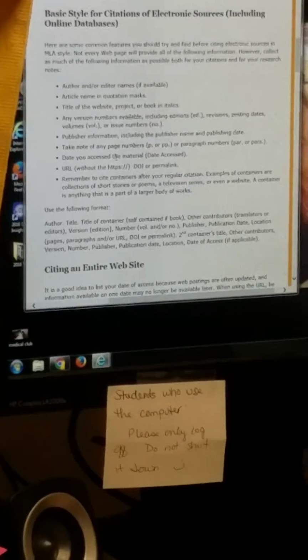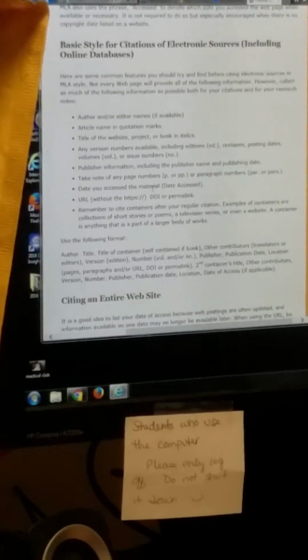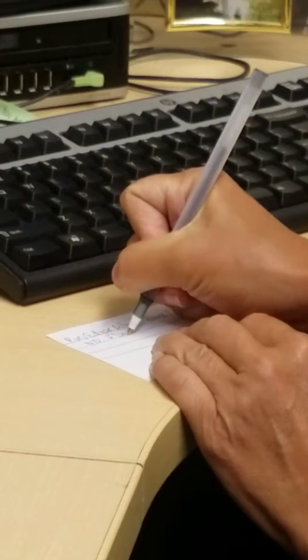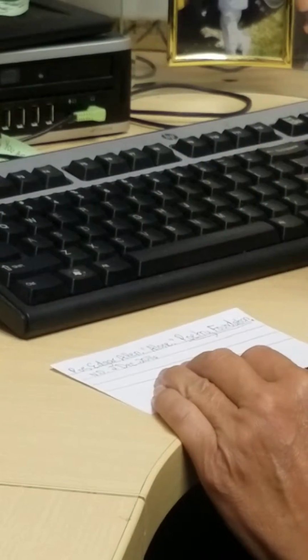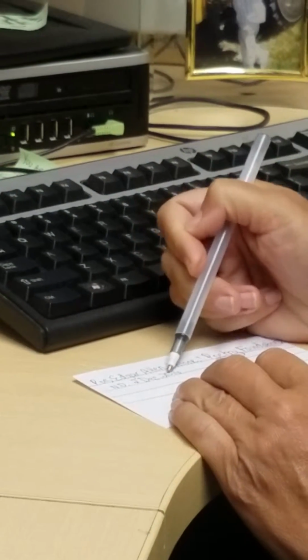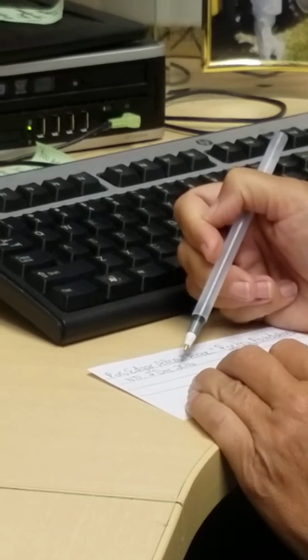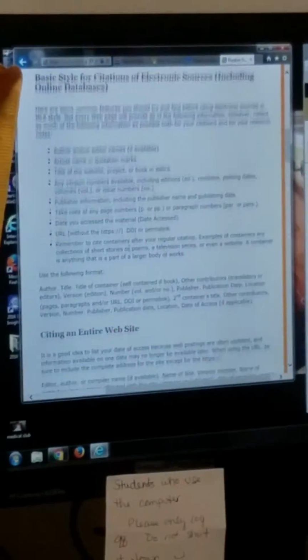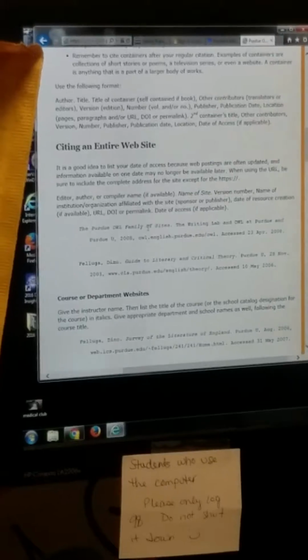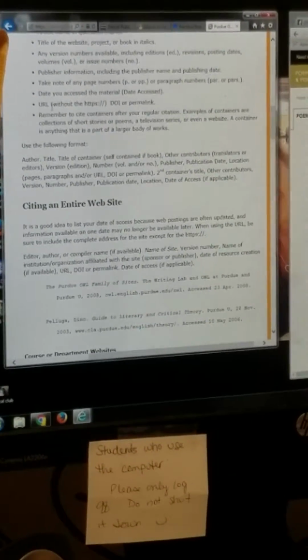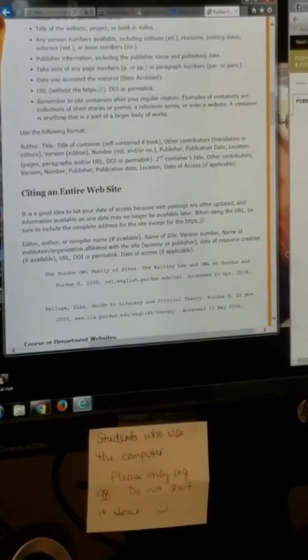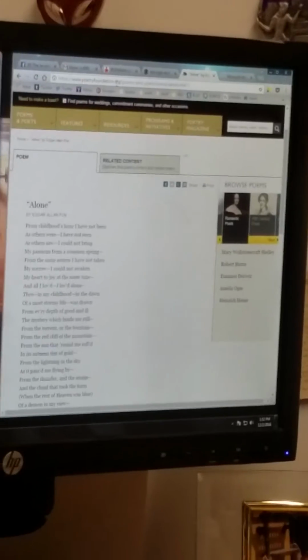The next thing that we need to do is write the date that we access the material. And today is 2 December 2016. That's today's date, and we use a European format just because they say so. And then after that date I access the material is the URL, and so my URL is going to be